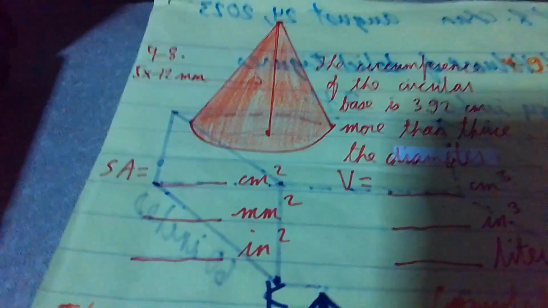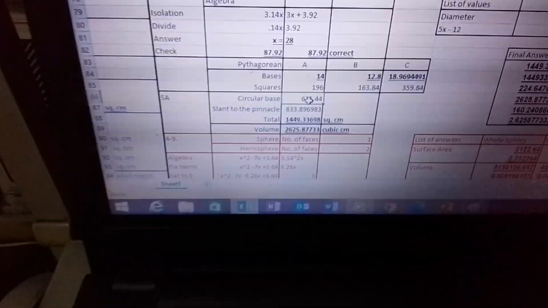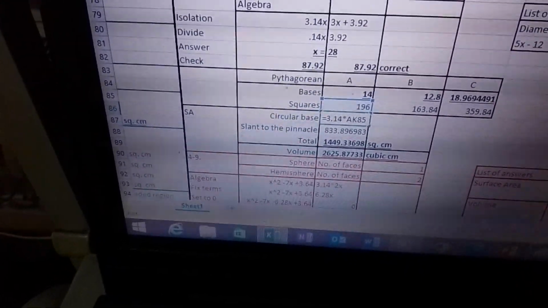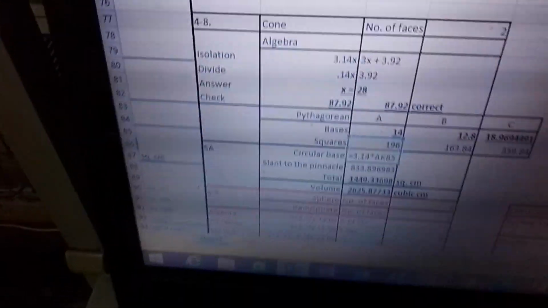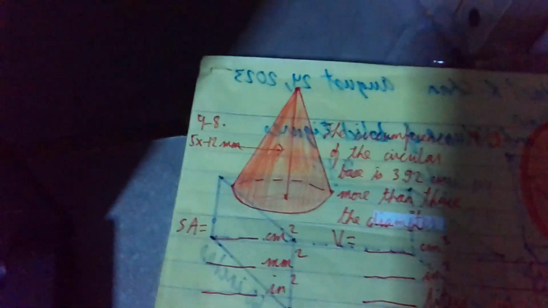Yes. So first, ganito kasi yung mangyayari. First, to get the area of the circular base, how do we get the area of the circular base? Ganito yun. First, ang ginawa namin ay 3.14 times 14 squared. Where's the 14? Ayan. We square 14, di ba? Because remember, the diameter is 28, di ba? You remember that's the value of our diameter, 28. And we need the radius. So 28 divided by 2 is 14. So square 14, we should get 196. And you should get the answer of 615.44